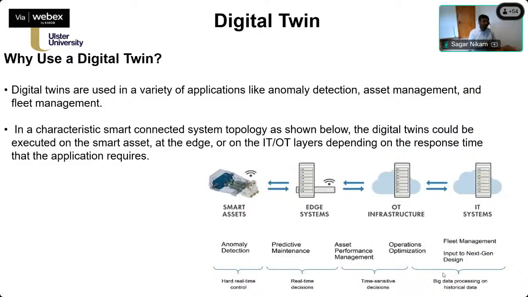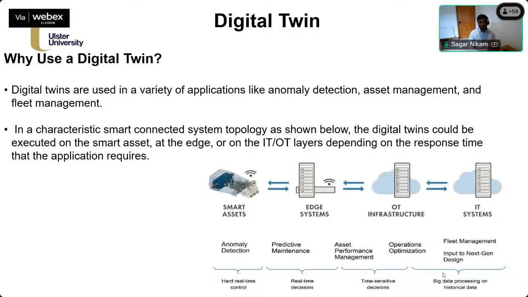Depending on the application's need, the digital twin is operating at different levels of the system, and we call that particular system a smart asset. And at the edge of real-time decision, it could be the IT infrastructure, which handles the large-scale data and helps to get the information out of it and optimize the physical assets in real time.